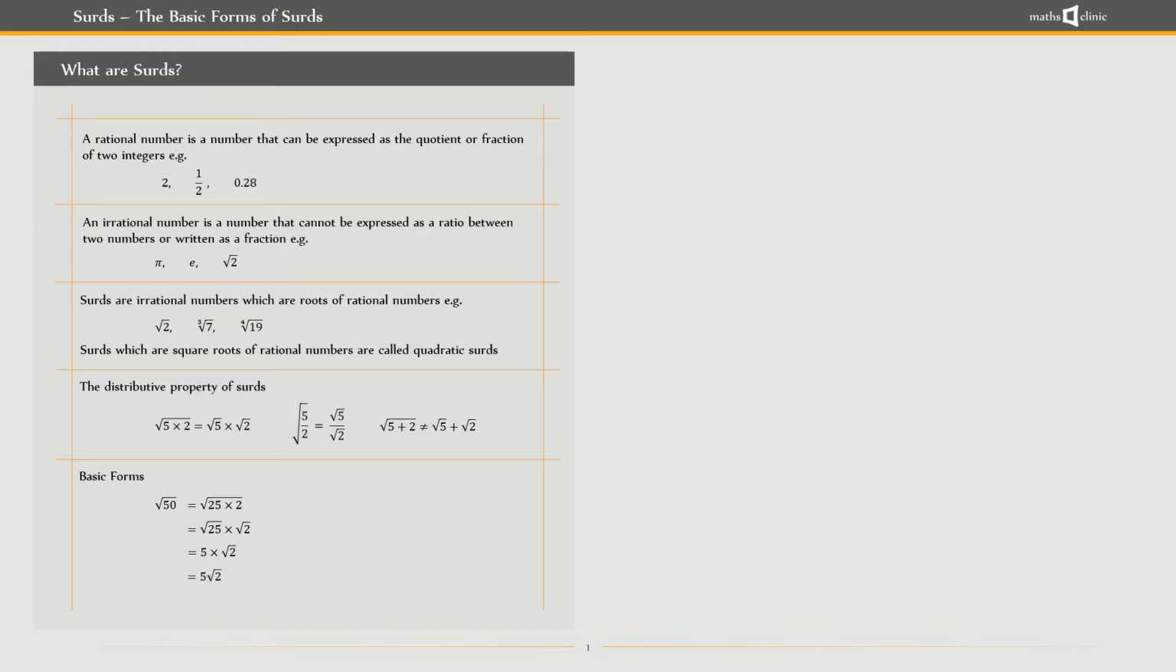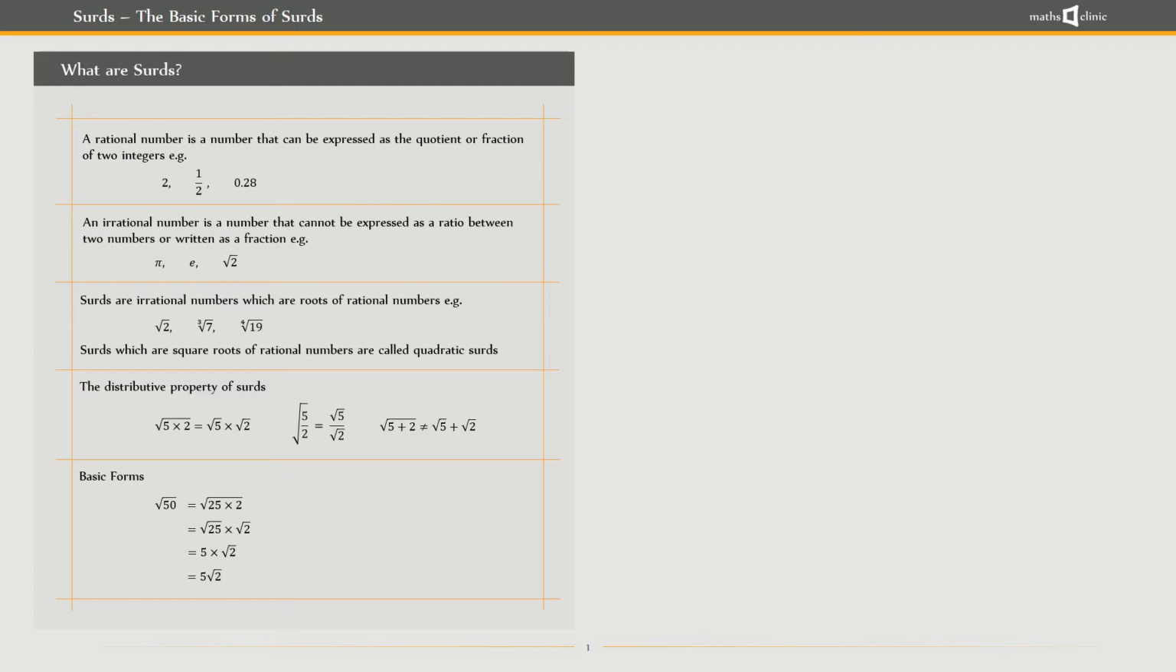And in mathematics, we simply write it as this: 5 root 2. Just like we have 5 times x is 5x, we have 5 times root 2 is 5 root 2. And that's the idea. That's basic form. Okay? Now basically